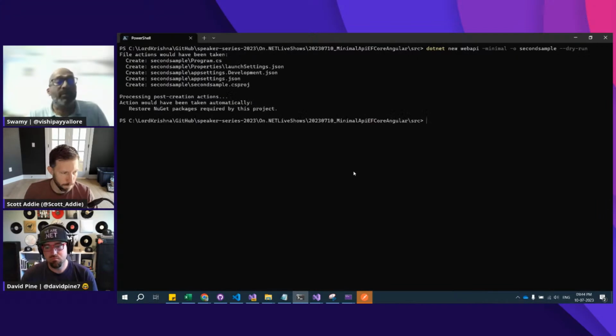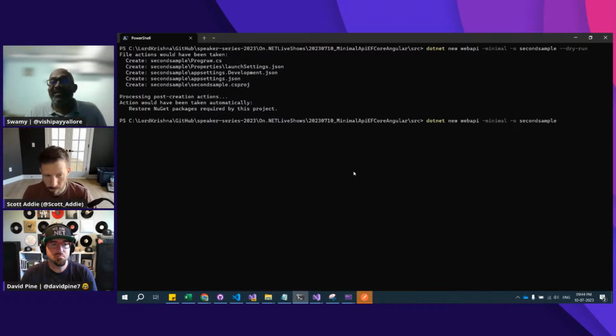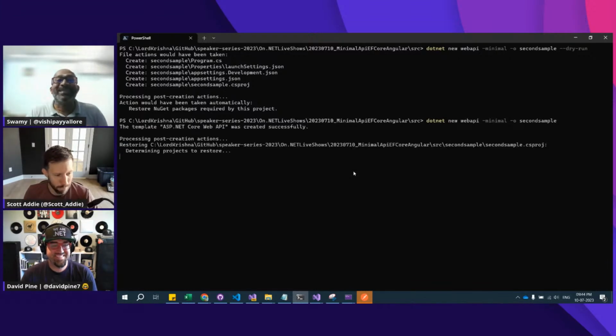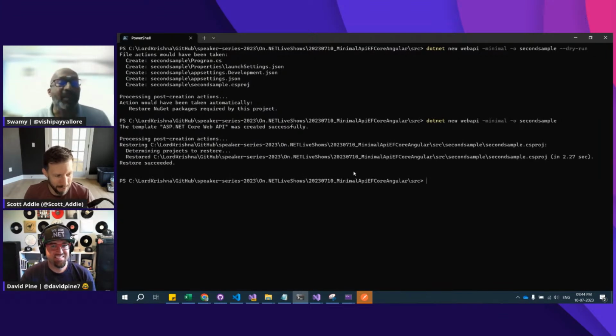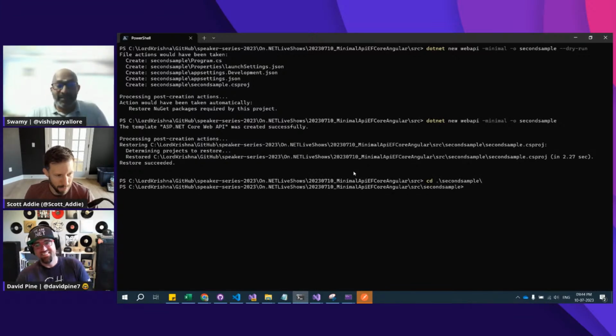Oh, Jesus. Let me use the dry run. I can't resist. I'm so happy to see this. Even if I do some action which might create files, I can anyway delete those files, but still I love seeing these two features. Thanks to all the architects and whoever worked on this. So let's come back to